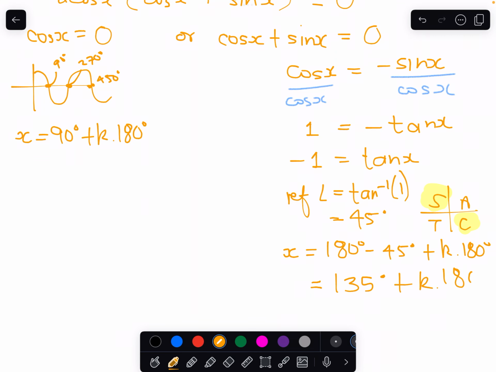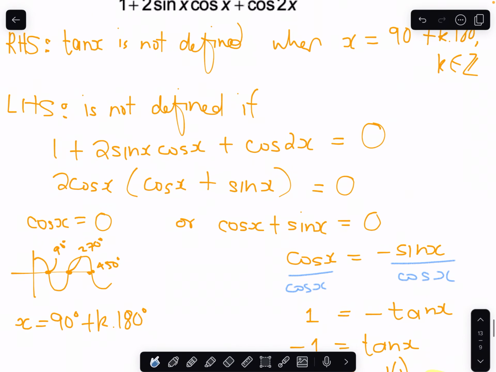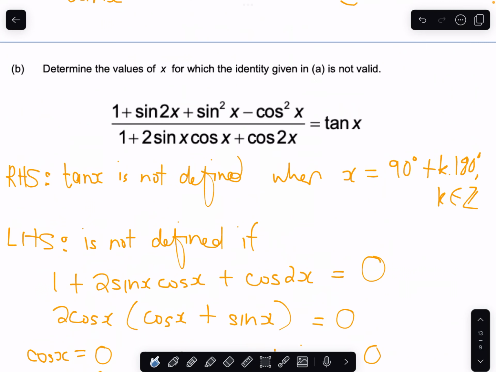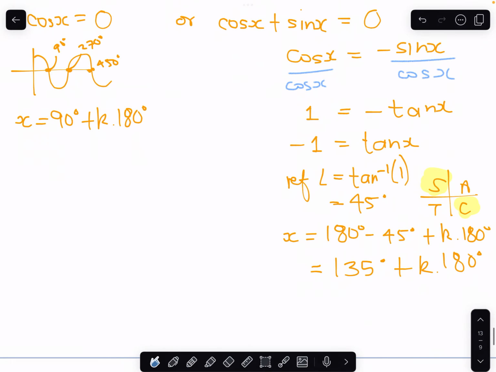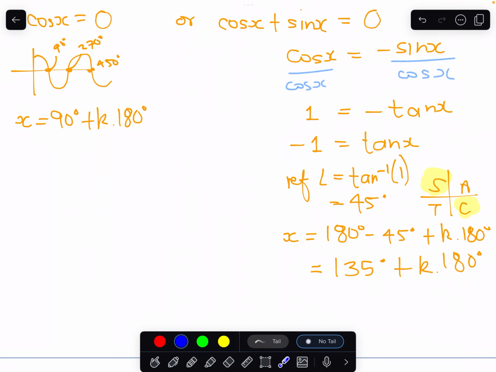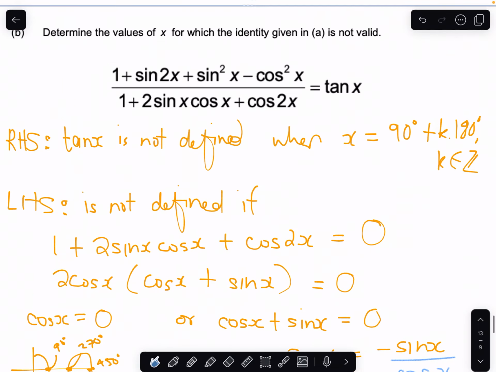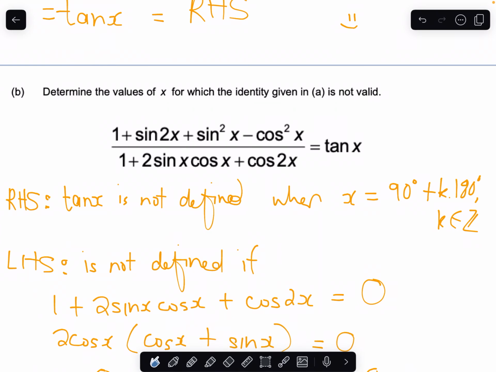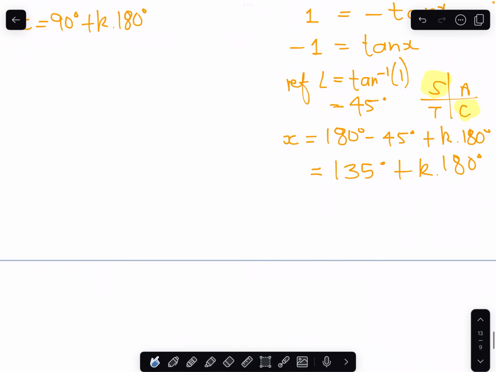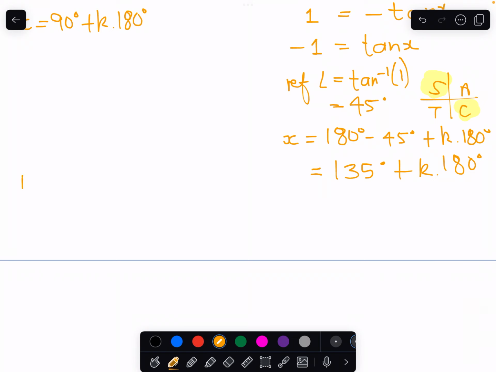Wow, okay, so it does turn out that we can't just look at the one side. We must look at the other side as well, because this is another restriction on for what values of x this identity will be defined. So let's just consolidate now. So in conclusion,